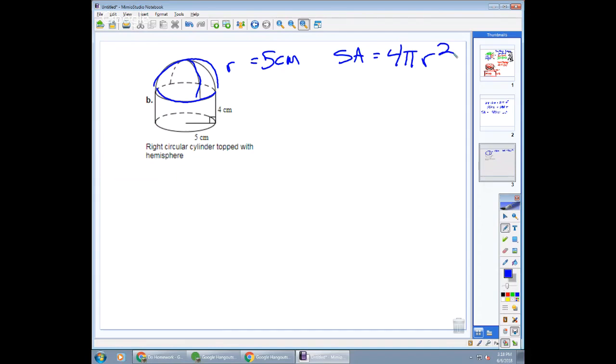So that's the semisphere, right? So we plug in our numbers. We're going to get 4 times pi times that 5 squared. And I usually hold off the units while I'm doing the calculation and plug them in later. So 25 times 4. So the top gives me 100 pi. 25 times 4 is 100. So then,